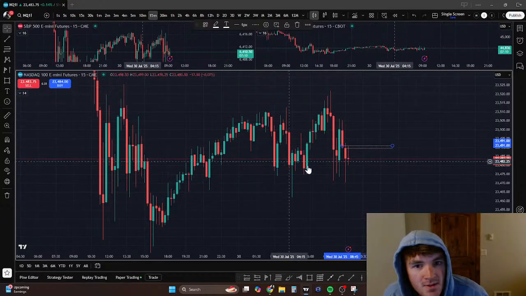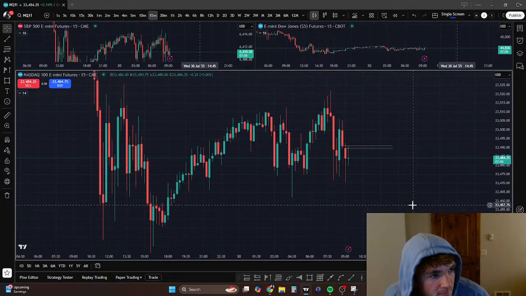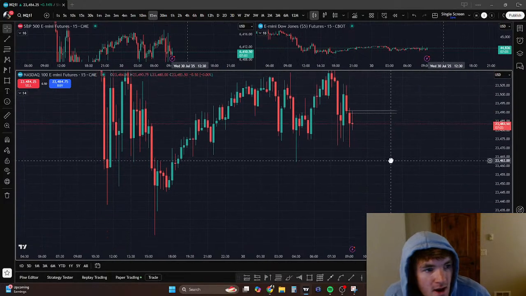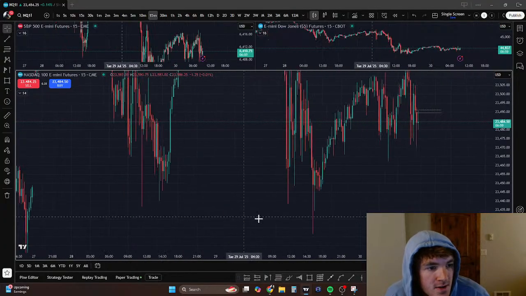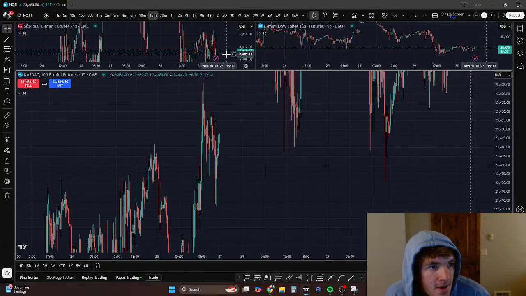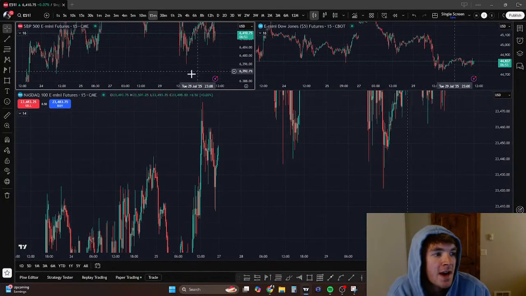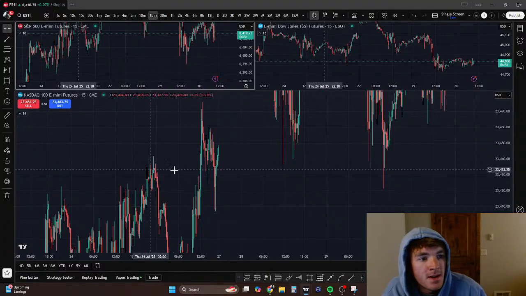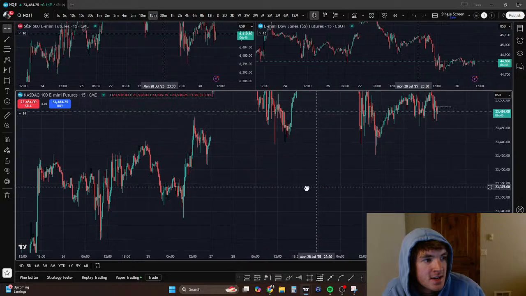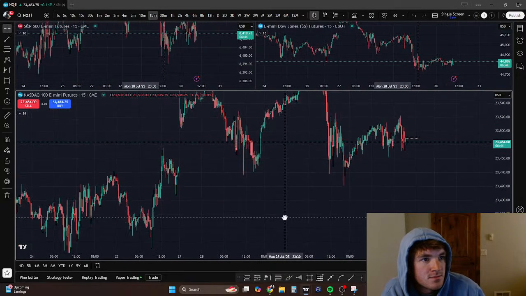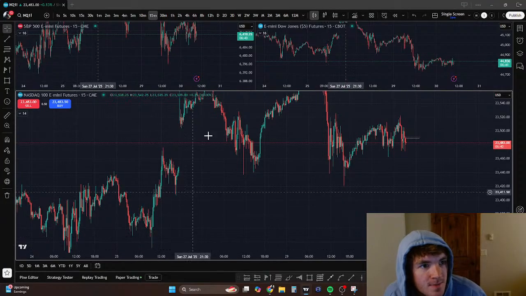Because there's not really anything else until later today. I think in general though, this low here, it might be protected because of the SMT. Then again though, we could actually sweep the low and we would still have SMT. Okay, now I'm actually kind of thinking we could theoretically sweep out that low